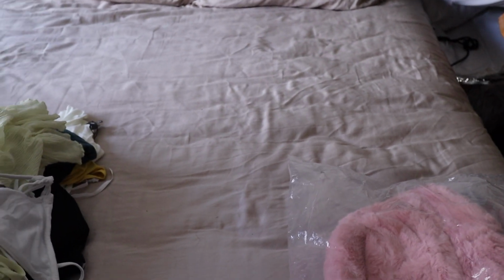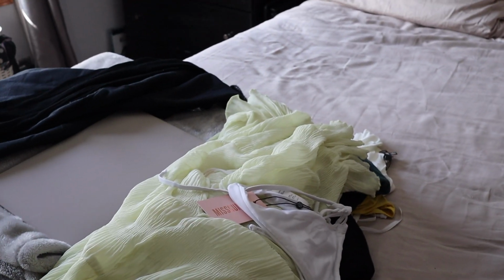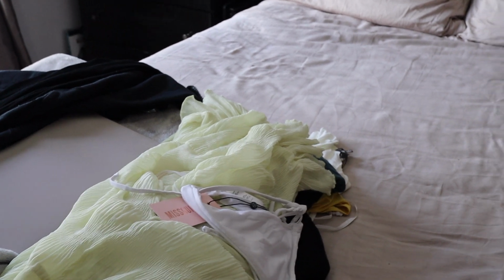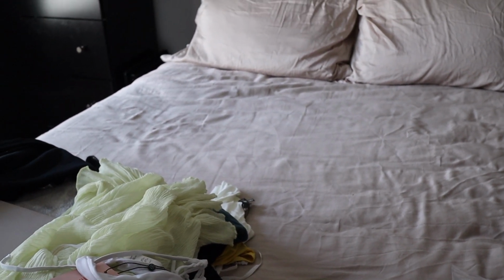Okay. That was fast. Maybe I need to record every time I clean. So I kind of made my bed a little. I still have to set my bed. I need to find a comforter still. So yeah, I just folded my throw and put it here. And then this stuff